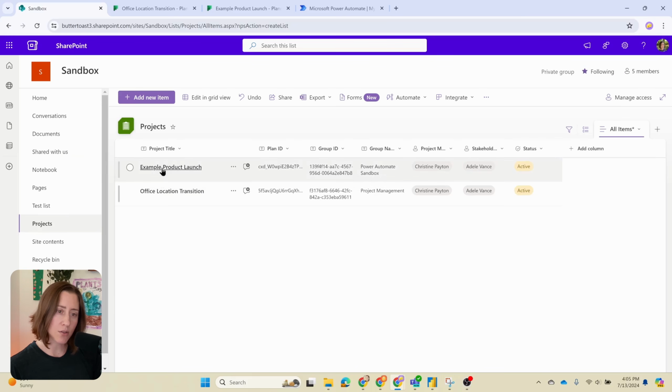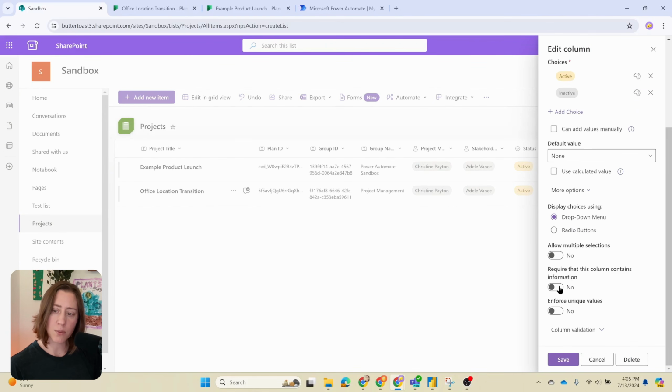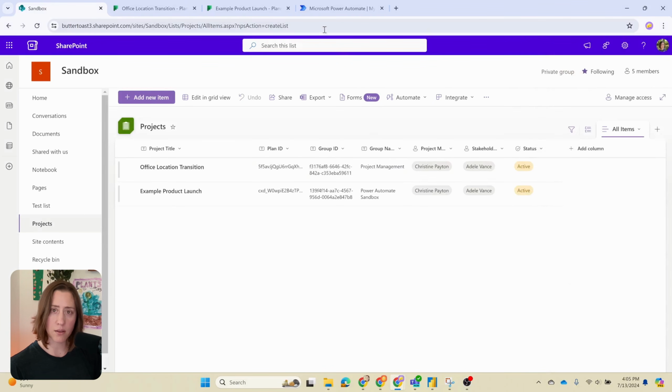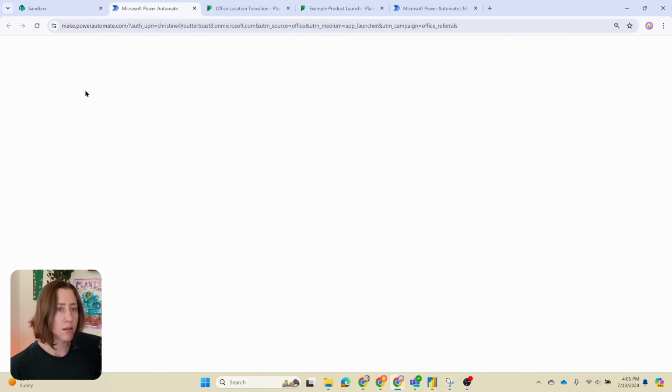All right, so I've got 2 planner plans in here. I've got the status set. You probably want to make the status required if you're using it to make a field required. It's just in the column settings, so we can require that field. And now if we go to Power Automate, so it's in the waffle menu up here,